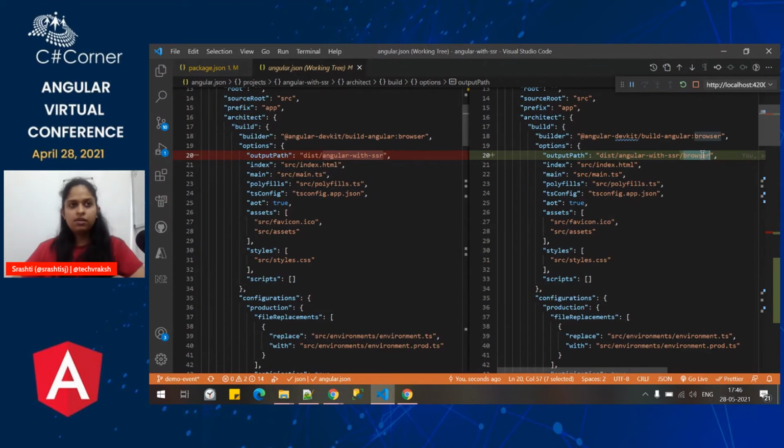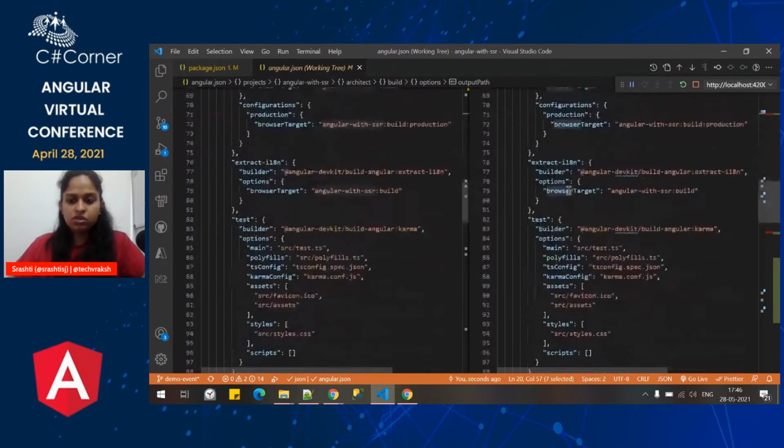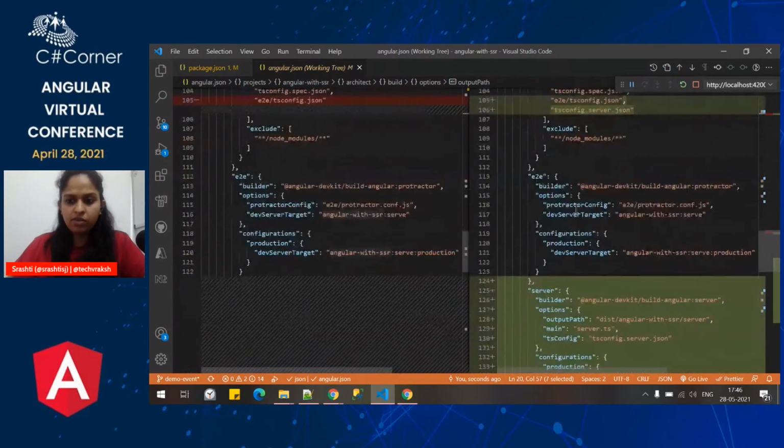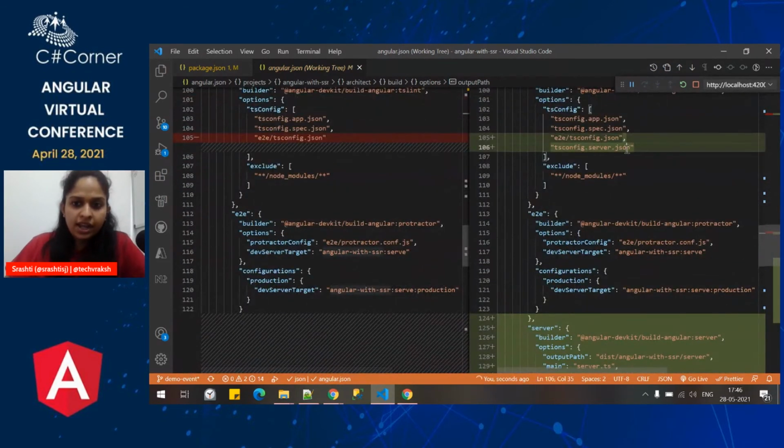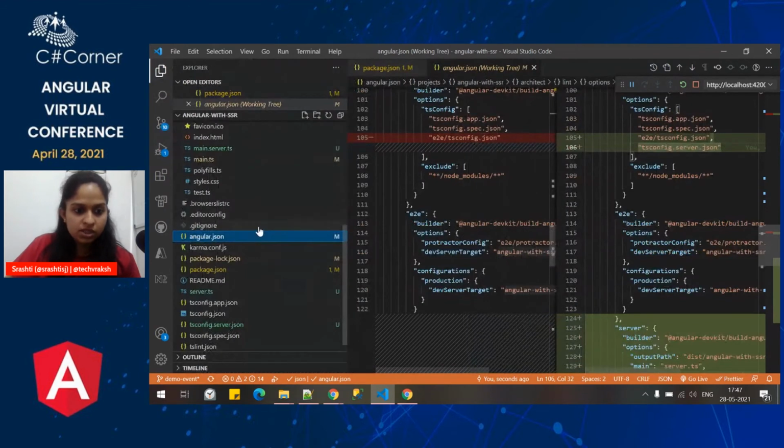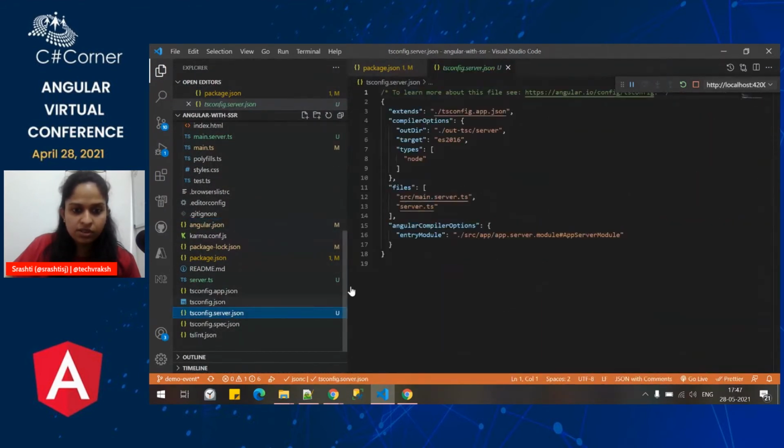So whatever we have to show directly on a browser, it is putting inside the browser folder. Other than that, it edits a tsconfig.server.json, because our file will be a TS file, and we want to read those things.